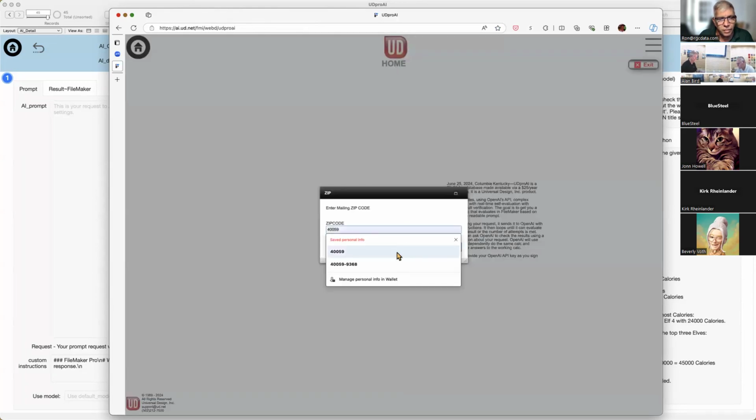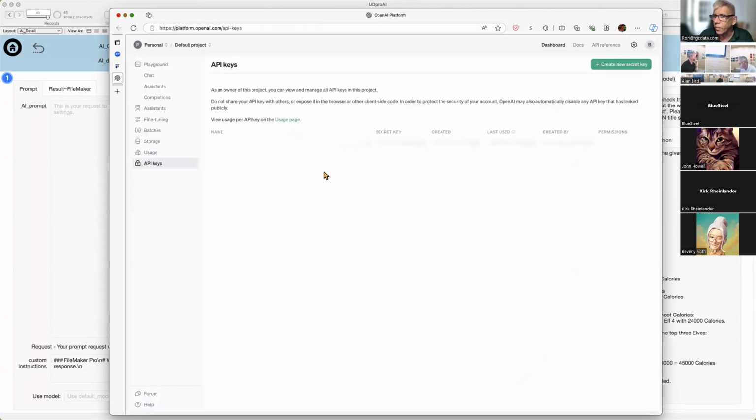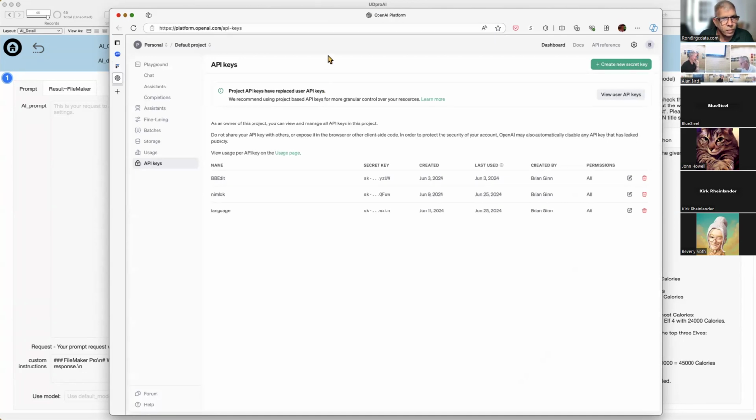Okay, right there at the bottom, if you don't have your AI credentials, you click that link and it'll let you do it. Oh, okay. Oh, yeah, there they are. So it's all part of the sign up process. Nice. And then you put that in there, and then from that point on, every time you sign in, it'll use that credential and only your credentials